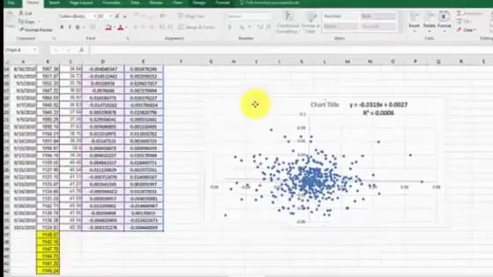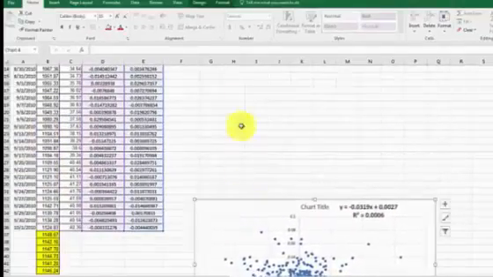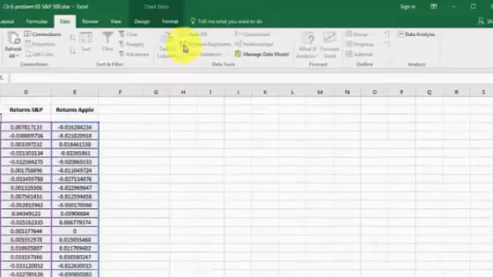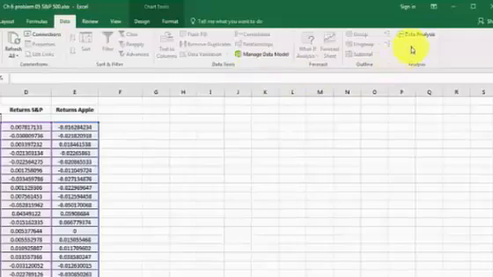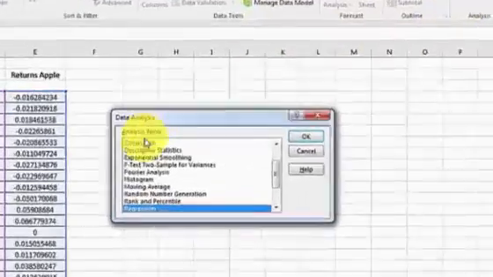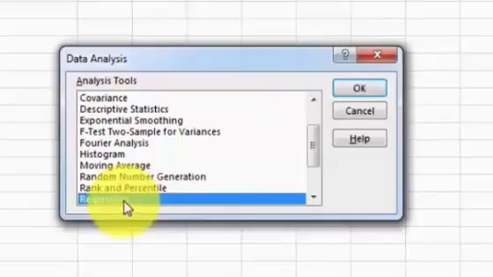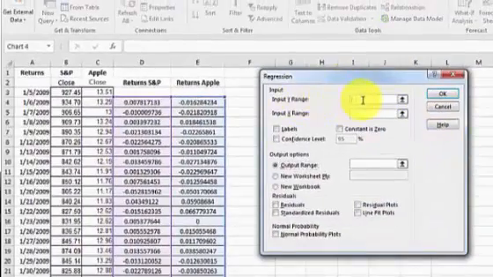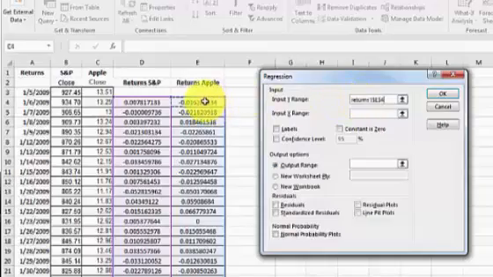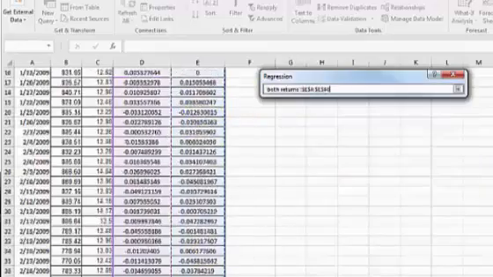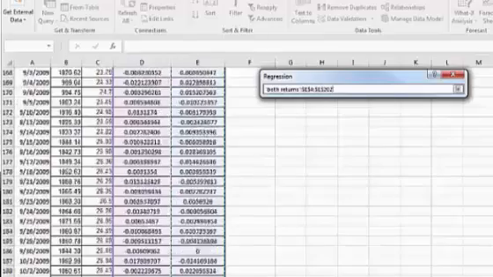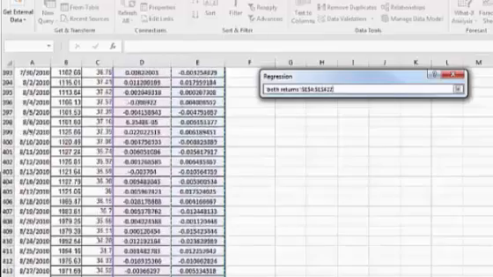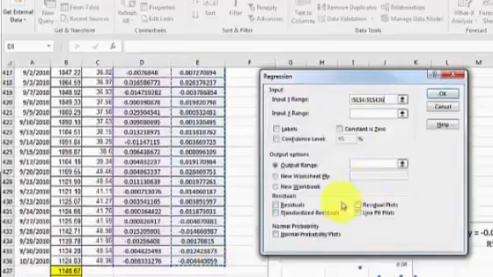I'm going to show you one other way to get this same answer. Let's go up to Data, File, okay, Data tab. You're going to go over to Data Analysis. You're going to get this bad boy. You're going to pick Regression. So your Y range, make sure your cursor's in there, is your Apple returns. Your X-axis is your